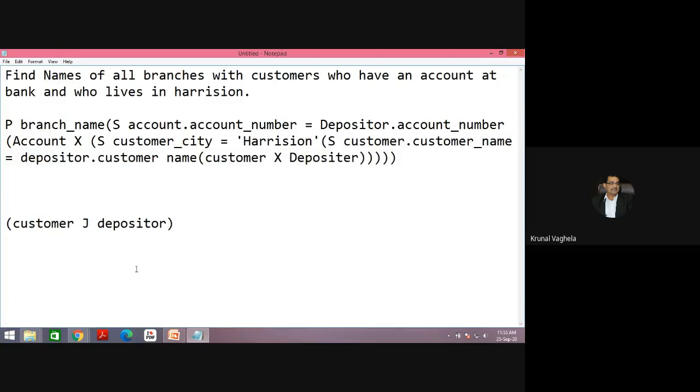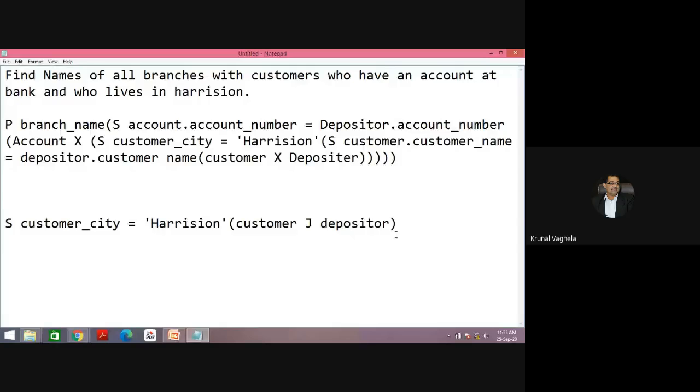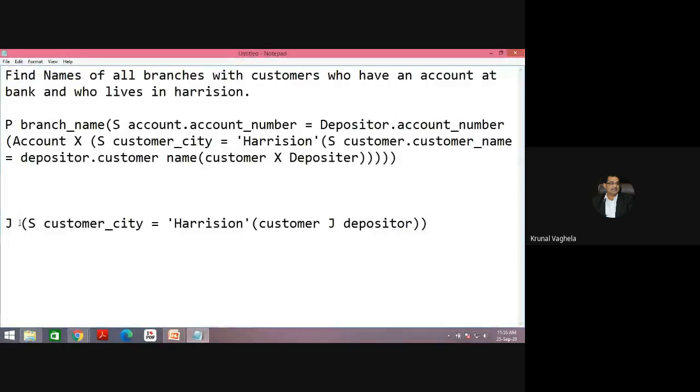Then from this I will select the rows, and whatever my result is, I will perform a join operation with the account table.